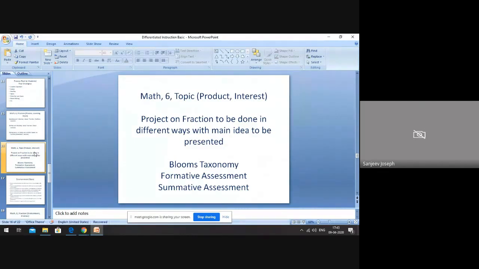We also keep in our mind Bloom's taxonomy, which we have to use, and formative assessment, where we need to give support to the children. That is very important when we are assigning something to the children, so that we know what we have to work upon when we are trying to build them to go to the higher standard and also to the higher achievers. Same way, summative assessment. Basically, summative assessment we have at the end of the term, but again, in most of the boards, we have something related to formative assessment as well.